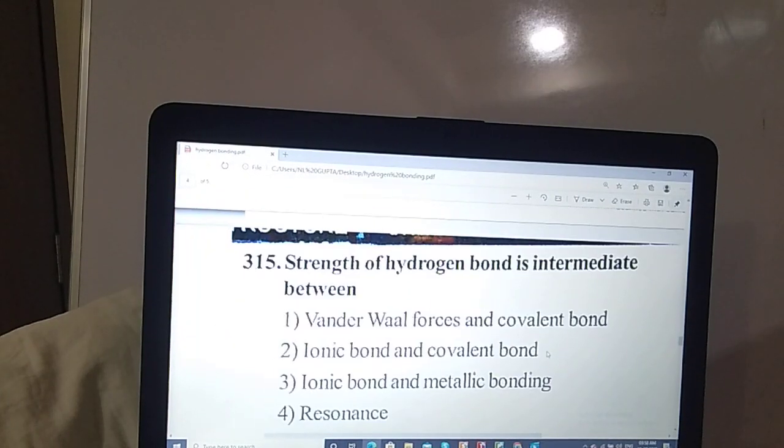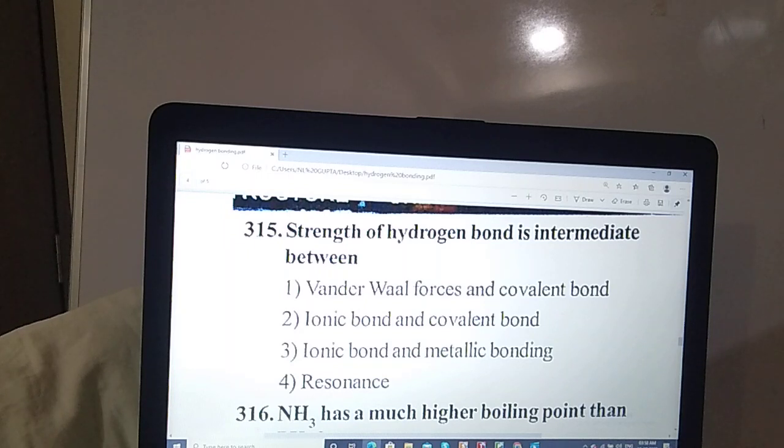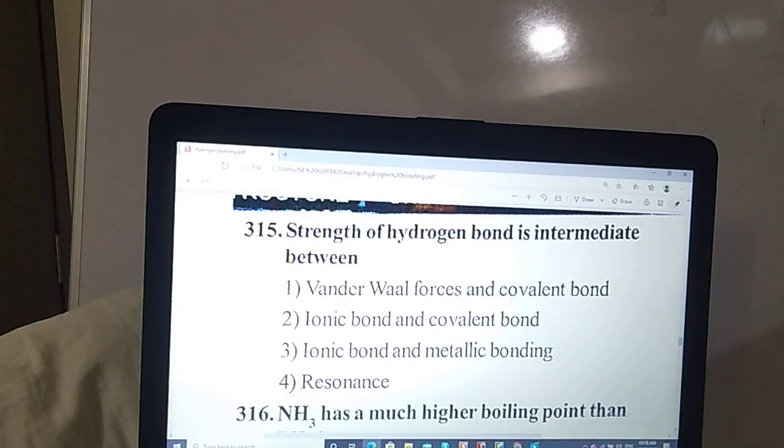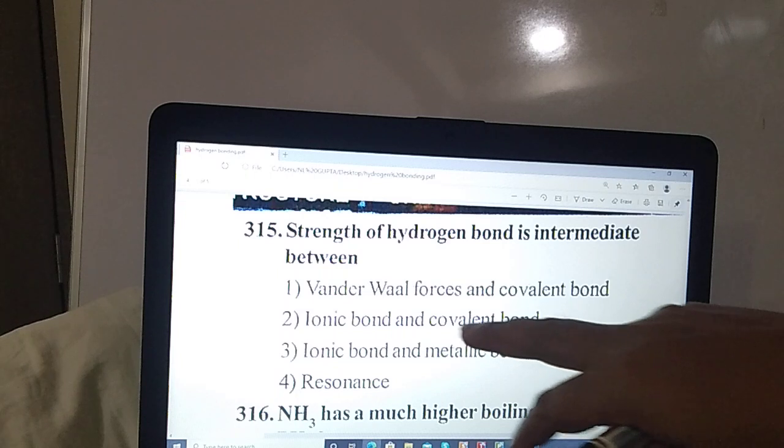Question 315. The strength of hydrogen bond is intermediate between, which would be the correct answer? The strength of hydrogen bond is intermediate between strongest and weakest. The weakest means van der Waals force of attraction, and the strongest means covalent bond. So the strength of hydrogen bond is intermediate between van der Waals